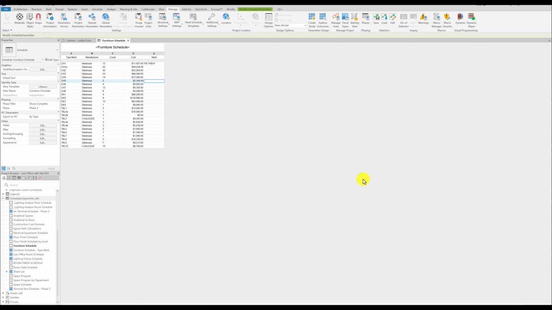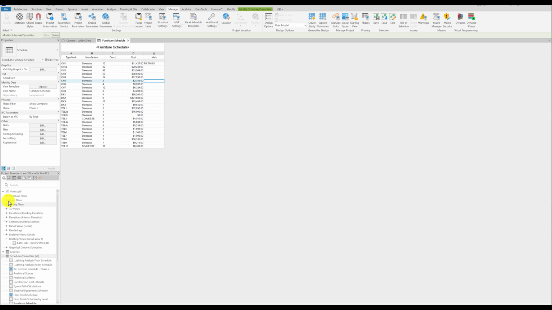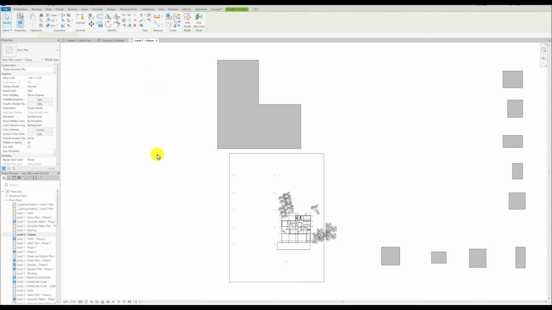So maybe this is just a warning in this particular schedule to make sure people see that those things should never be different, and so this is to jump out at you and let you know that it's wrong. On the other hand, let's look at the furniture schedule, or I'm sorry,